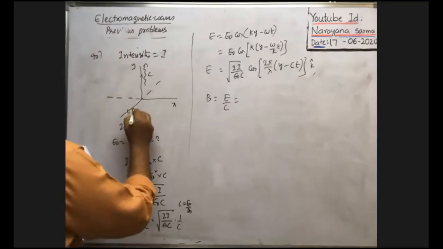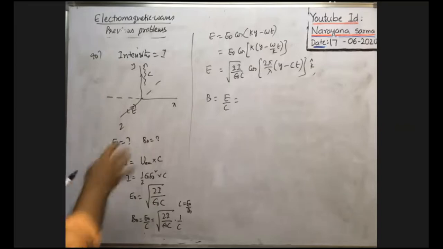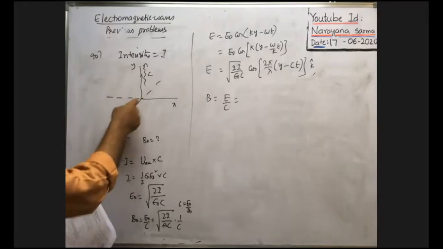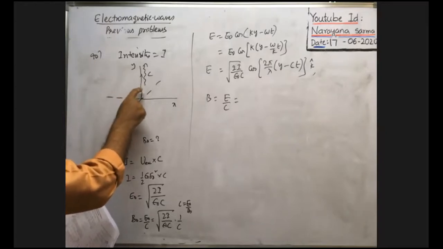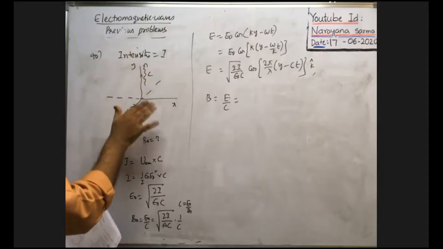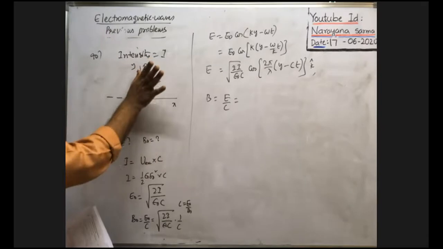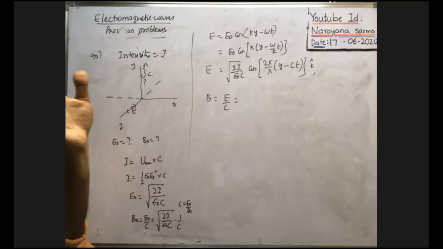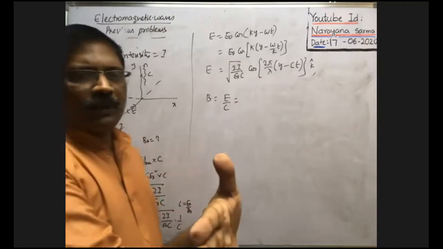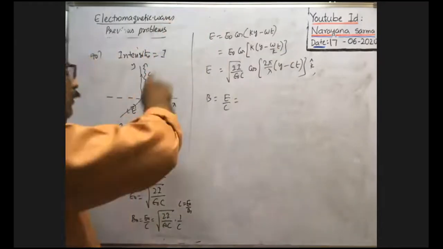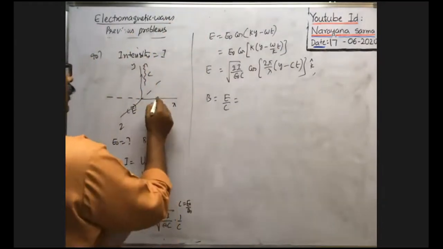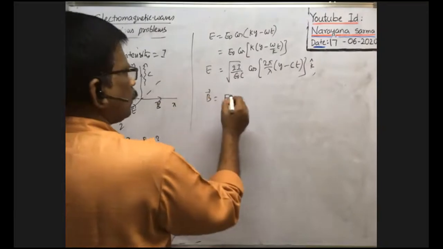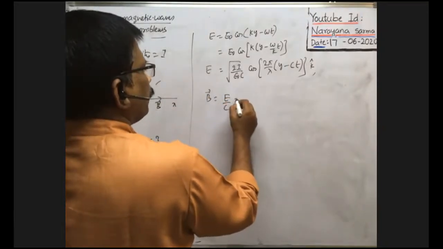Suppose E bar is along this direction, what is the direction of B bar? In option C, E bar is given in this direction. In order to have the direction of propagation of the wave along the y-axis, what is the direction of B bar? According to the right hand thumb rule, we keep the thumb along the direction of propagation of the wave, and the remaining fingers along the z-axis. Then we curl towards the x-axis, and the thumb lies along the y-axis. That's why B bar is along this direction. If E bar is along this direction, definitely B bar is along the x-axis. That's why B bar is equal to B naught into I cap.